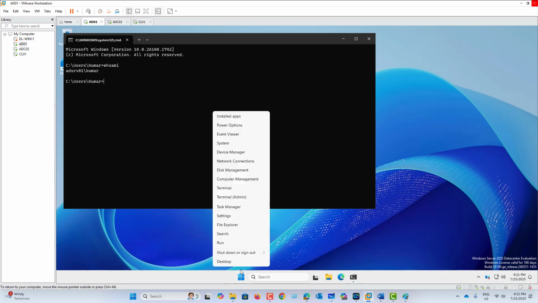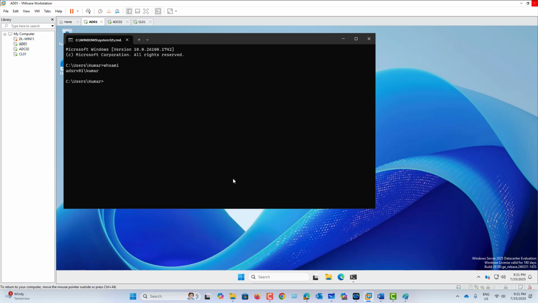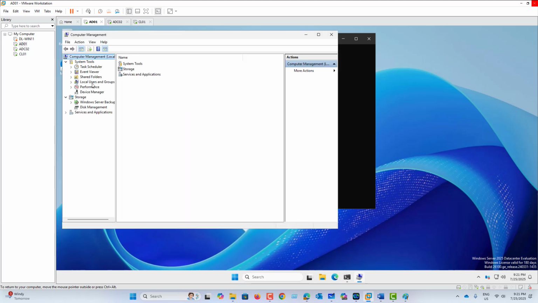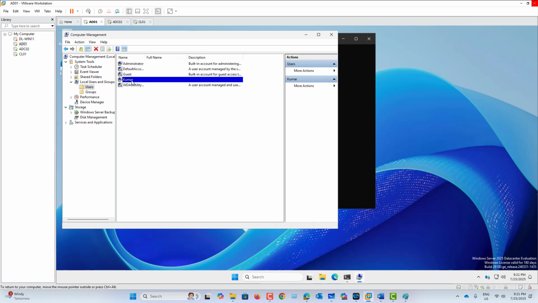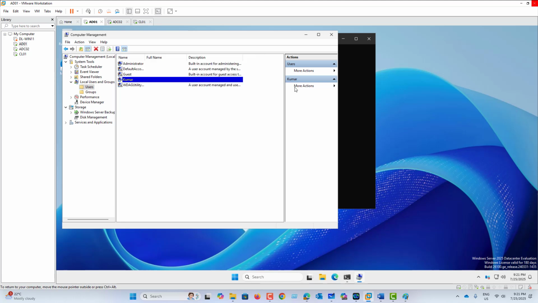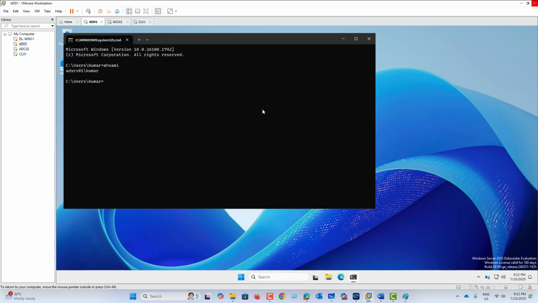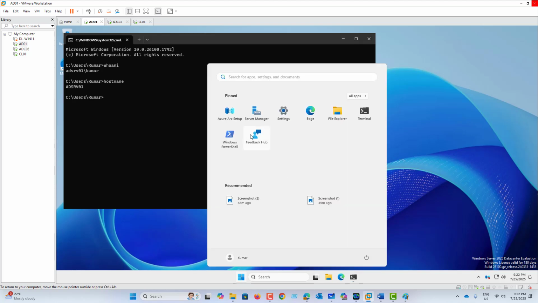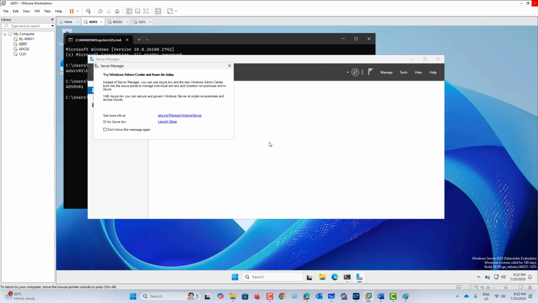And I go to start, go to computer management, local user, so it's Kumar, and Kumar is a member of the administrator group by default, local admin. My machine name, ADSRV01. Go to the start, server manager,